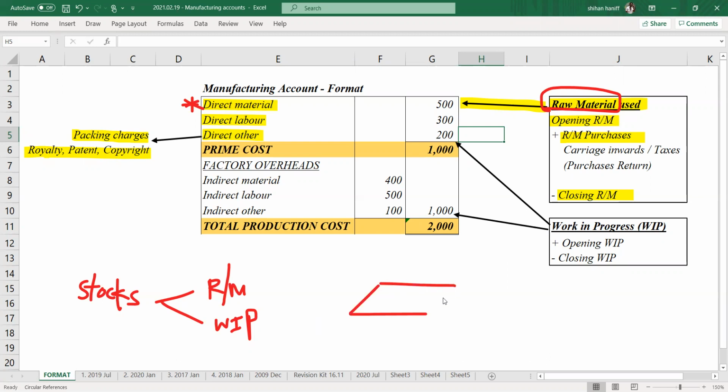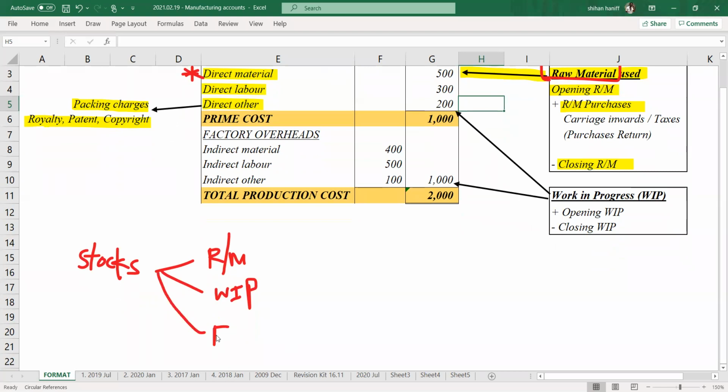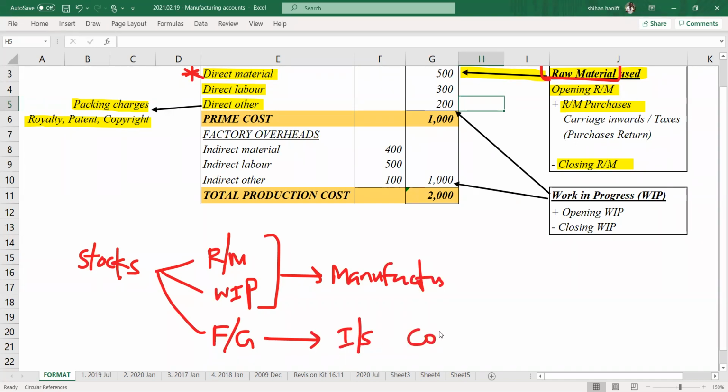If you take a table, only the top is completed. Right? Legs are not completed. Only a part of the product is completed. That is called work in progress. Then the third type is finished goods, completed goods. Right? So these two, we take it under manufacturing account. And the finished goods will be taken to the income statement under cost of sales.